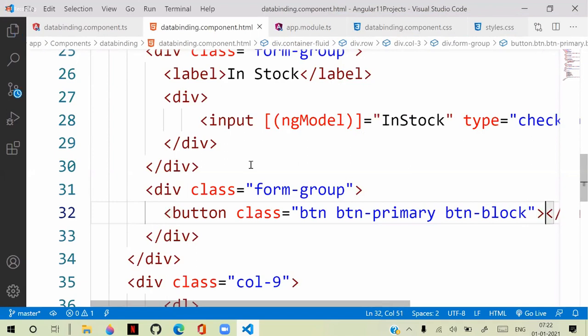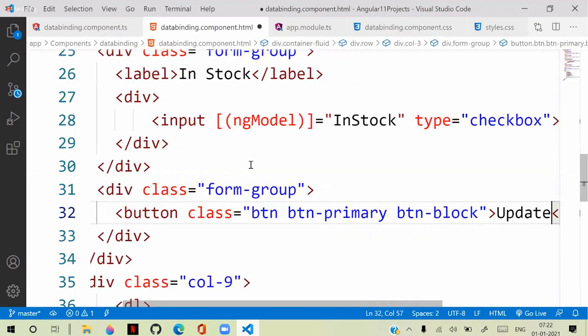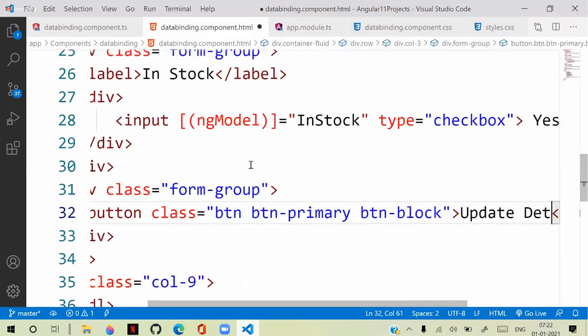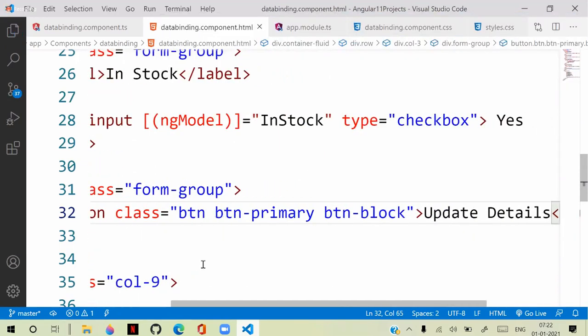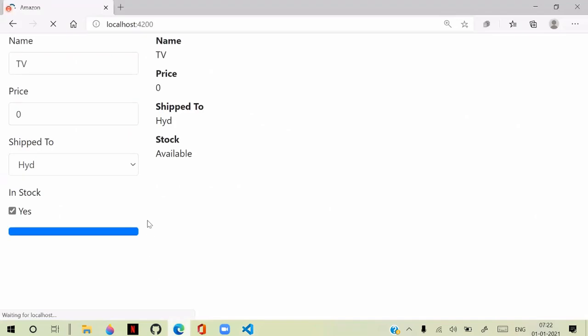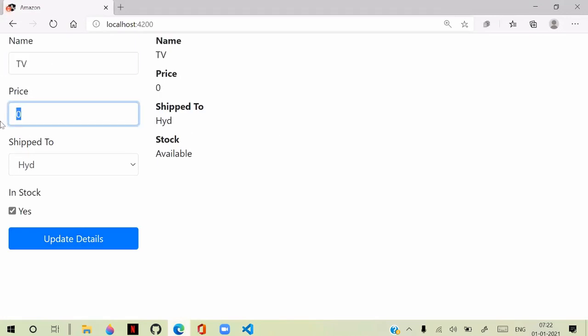The button text I will give as update details, and you can see it will display update details here. Whatever details I am entering, I don't want to update immediately. I want them to update on the update button click.